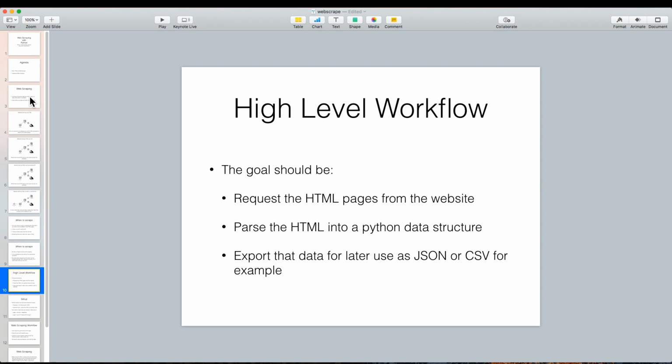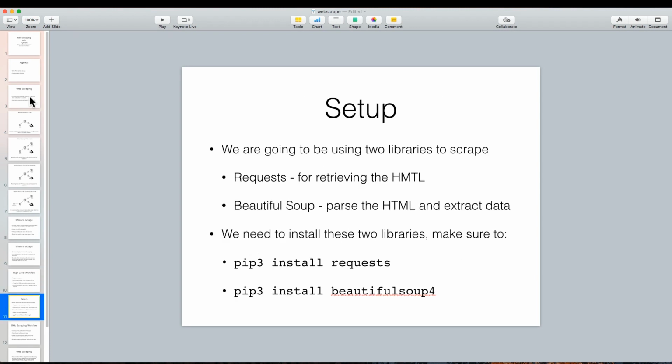And so basically our high-level workflow is going to be kind of three steps. First, we're going to request the HTML pages from the website that we want. We're going to parse those HTML pages into a Python data structure. And then we want to do something with that data, right? So we'll probably write it out to a JSON file or a CSV file for later use. To get started, though, we're going to be using two different libraries that are not built